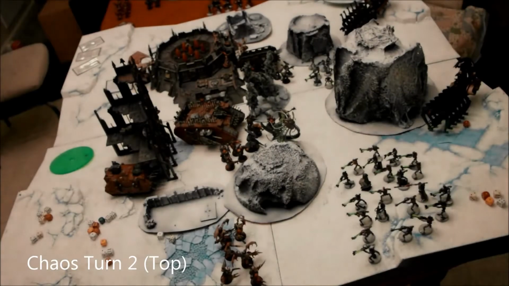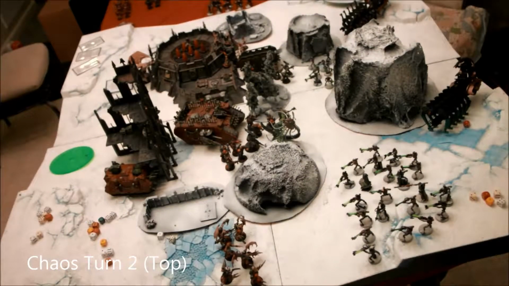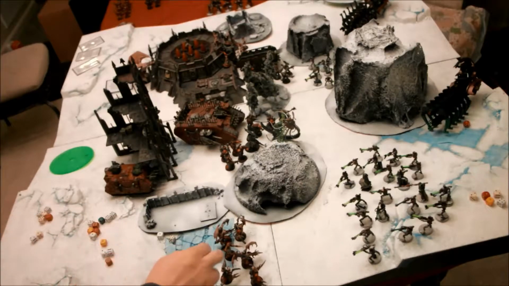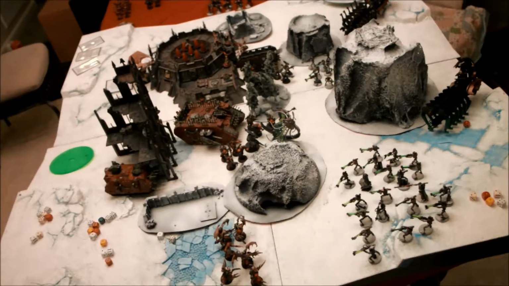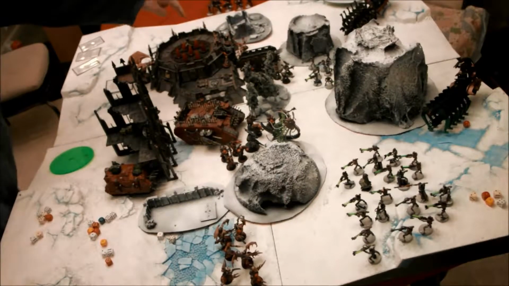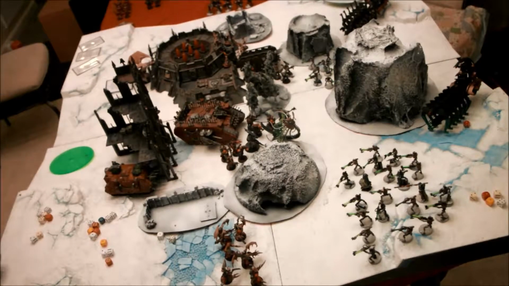Alrighty, we are back at the top of the second turn psychic phase. As you can see, everybody moved up. Abaddon got out of his Land Raider, and he is about to go put the beat down on that Catan. In addition, the Daemonettes that were holding this objective here moved up. They intend to try to charge those Necrons, as they can be seen. It's going to be like an 11-inch charge, but hey, who knows? And the Chaos Space Marines that got out of the Rhino last turn, they did not move